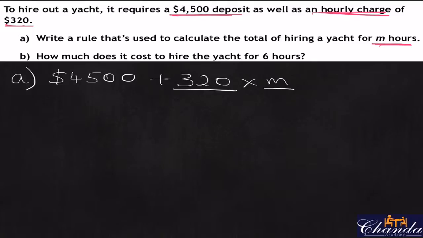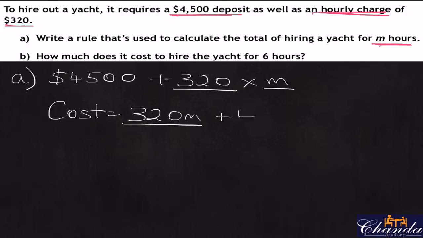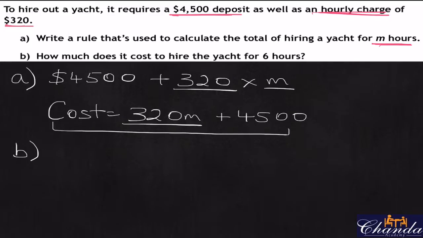So part A says, write a rule that's used to calculate the total of hiring a yacht for M hours. So the total cost is equal to 320M, which is the hourly rate, plus the $4,500 that he spends. And then part B says, how much does it cost to hire the yacht for 6 hours? Now we can use the rule that we developed in part A in order to answer the question for part B. So cost, once again, is 320M plus $4,500